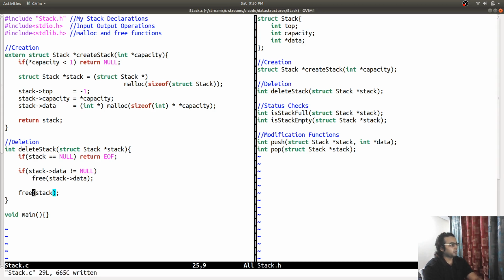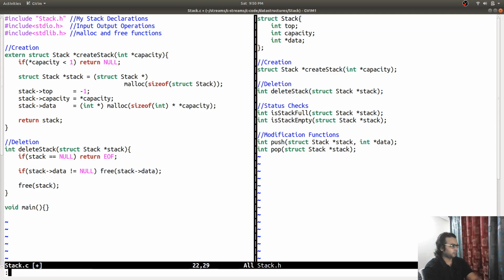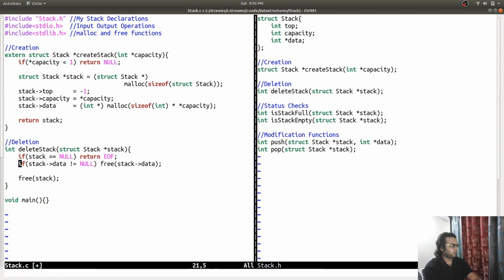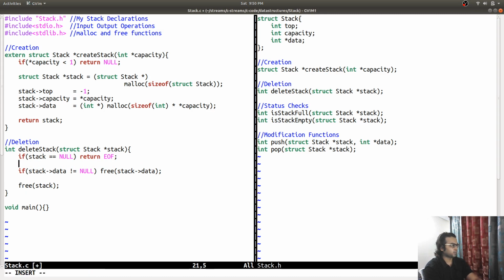Which one is looking better, this or this? So I've deleted the array from the memory.